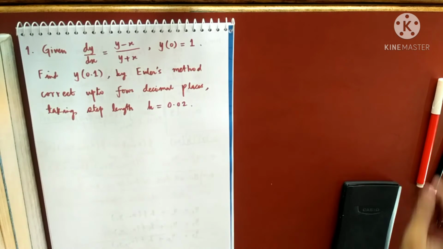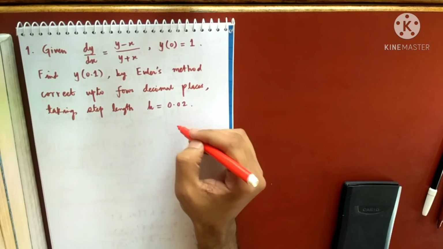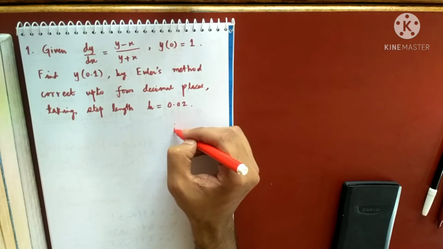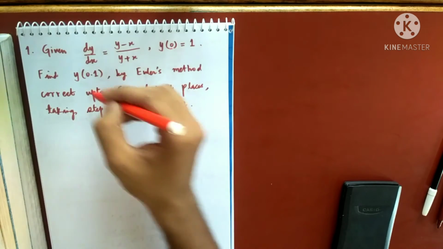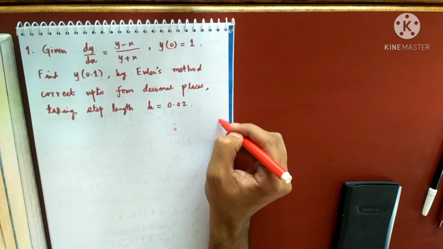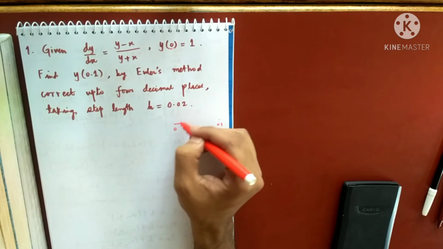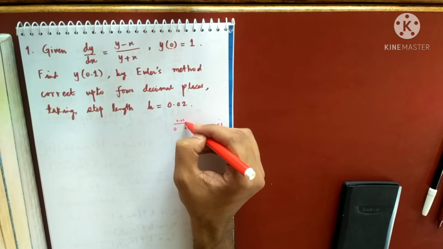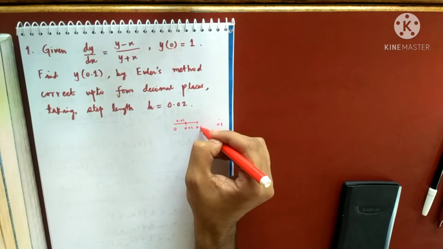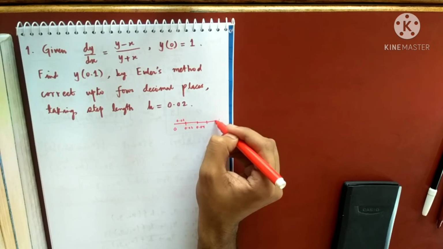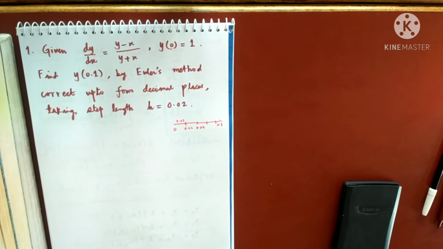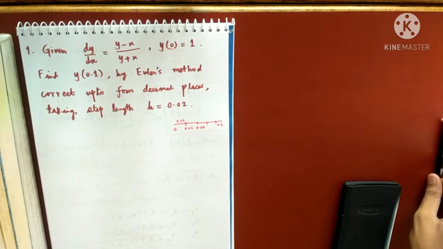Okay. That means, what was the aim? This is 0, the initial value of x, and the last value of x is 0.1. And I will keep on increasing by 0.02. I'll reach here 0.02. If I increase more 0.02, I'll reach here 0.04. One more, and then 0.1. So I have to go for 5 iterations. So let me write everything.